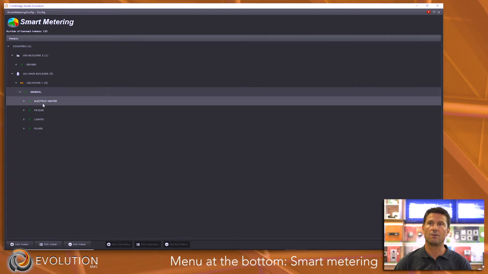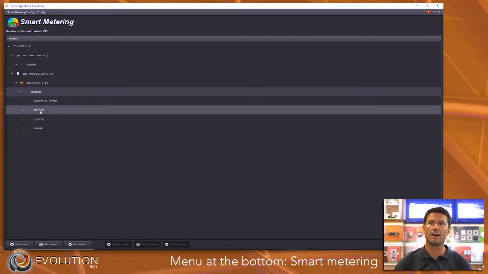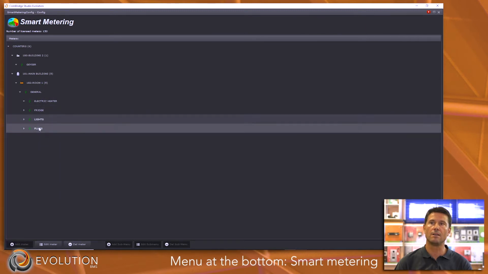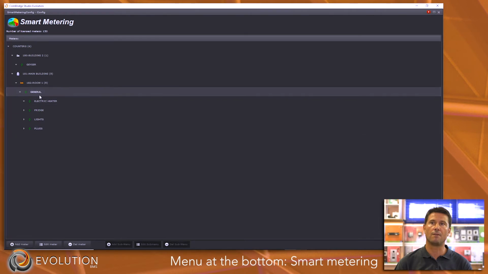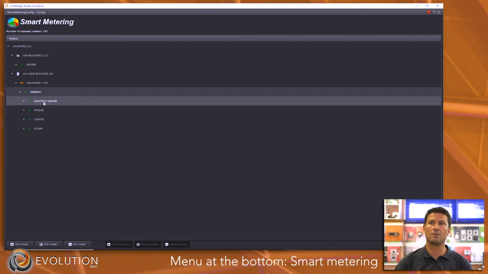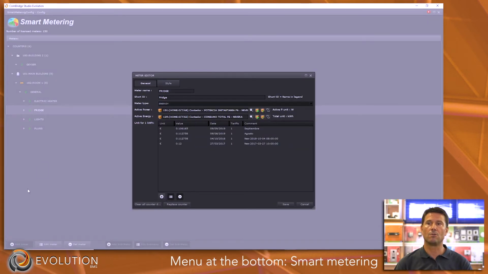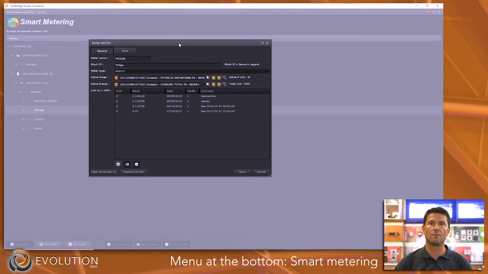So we can explain it to you now nice in the online module. So these are sub-meters of this one. So actually they are also counting part of that because they are inside of this one. We will have a look now at that. Now let's double click on one of them. You can also add a meter here, but double clicking, let's have a look at what we've configured here in